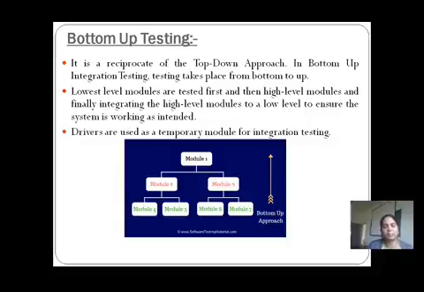Now why is it necessary? When we are performing the testing of the unit level modules, that is 4, 5, 6, 7, we take some of the features from module 4 and some of the features from module 5, and by taking those features we develop module 2. When that module is developed, we need to check whether it is working as per the specification or not. Why? Because module 4 has its own features, module 5 has its own features, and module 2 has the combined features of modules 4 and 5, and also its own new features.